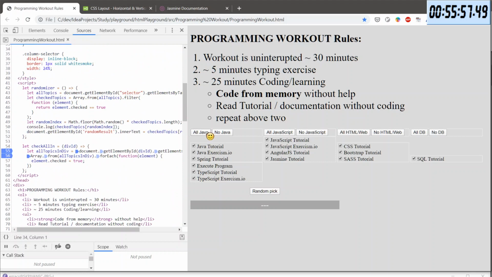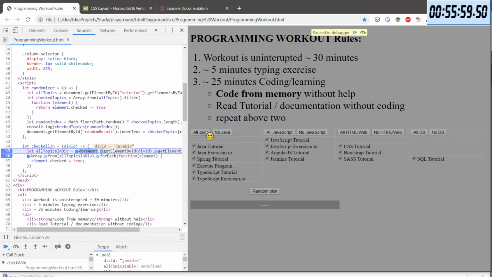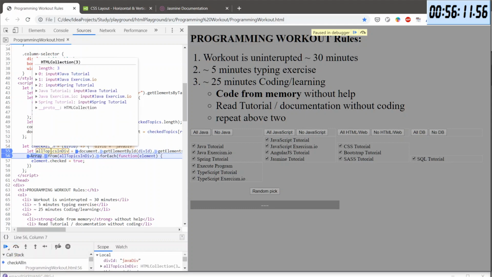And now when I click, here we go. Now we did hit something. So I will step over. Where's the button? Step over. And now all topics in div have three things.